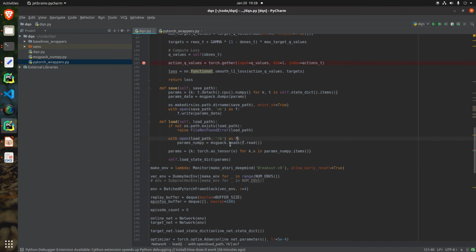Okay, very similar load function here. We make sure the file exists, and if not, we throw a file not found error. We open up the file, once again in binary mode, and deserialize it using message_pack.loads. Then we convert each of the keys of the dictionary back into a PyTorch tensor and then load those params